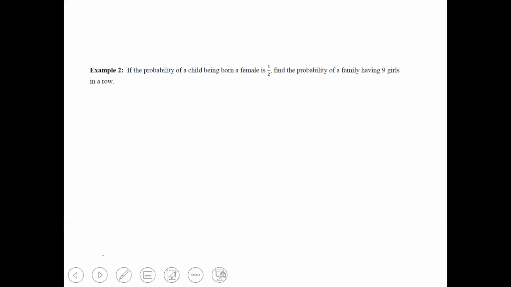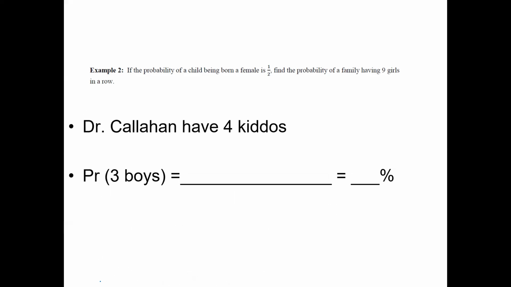Oh my goodness. So I have 4 kiddos and I have 3 older boys. And I thought, what are the chances of having 3 boys in a row? The chance of having a girl or a boy is 1/2, because it's either a boy or a girl. I mean, you're not going to end up giving birth to a puppy. So it's 50-50. The probability of having 3 boys is 1/2 times 1/2 times 1/2, which is 1/8. And if you divide that, it's actually a pretty small chance of that happening,